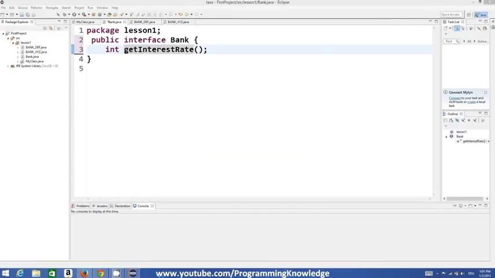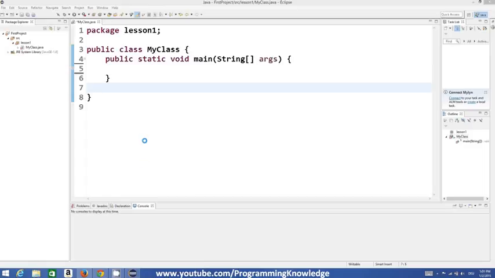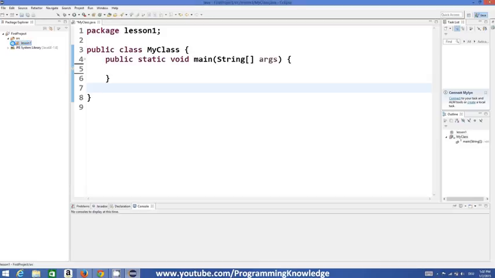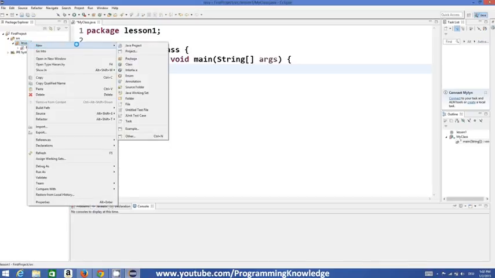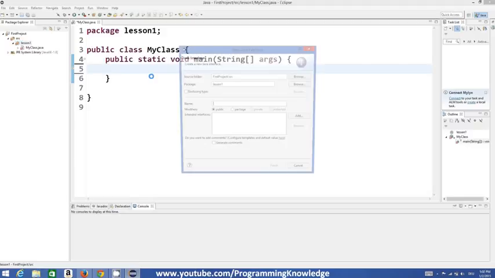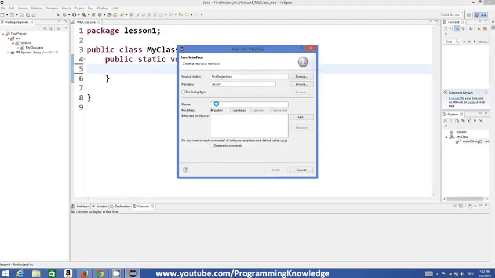Okay, so in Eclipse you can make an interface by just going to the package in which your main class or main method is, and just right click it, and you can just go to new and click interface here, and you can give the name to your interface. For example, we will give the name to our interface as bank, as we have given in the last video to our abstract superclass. Okay,